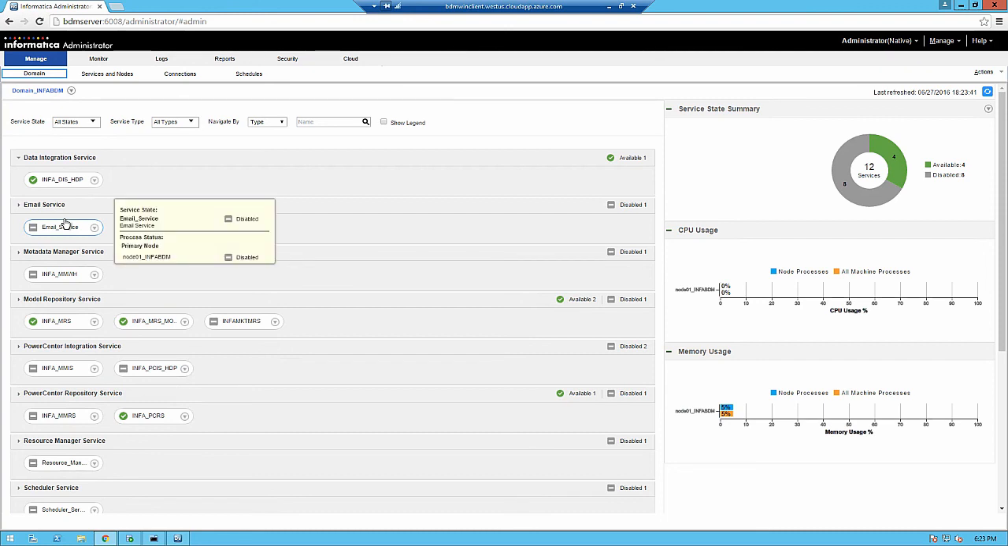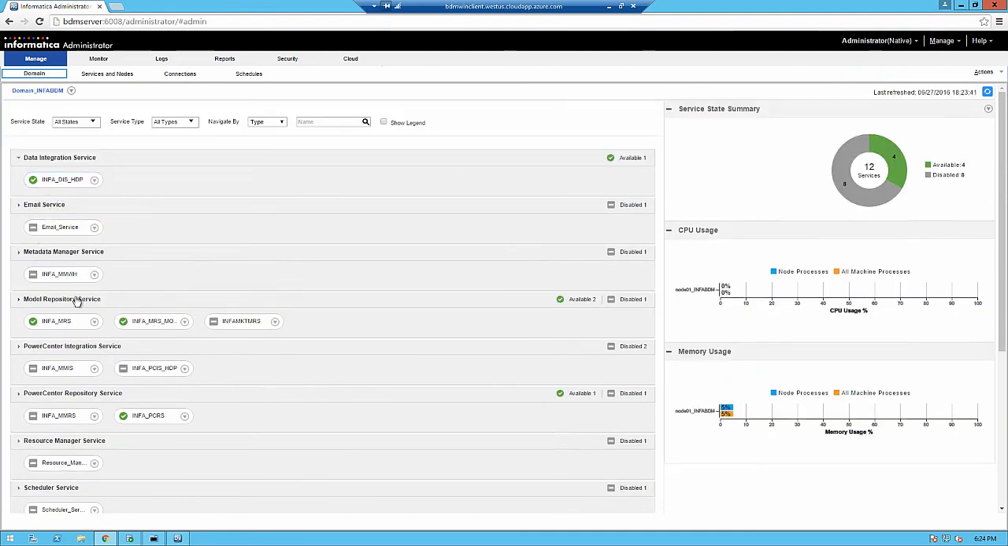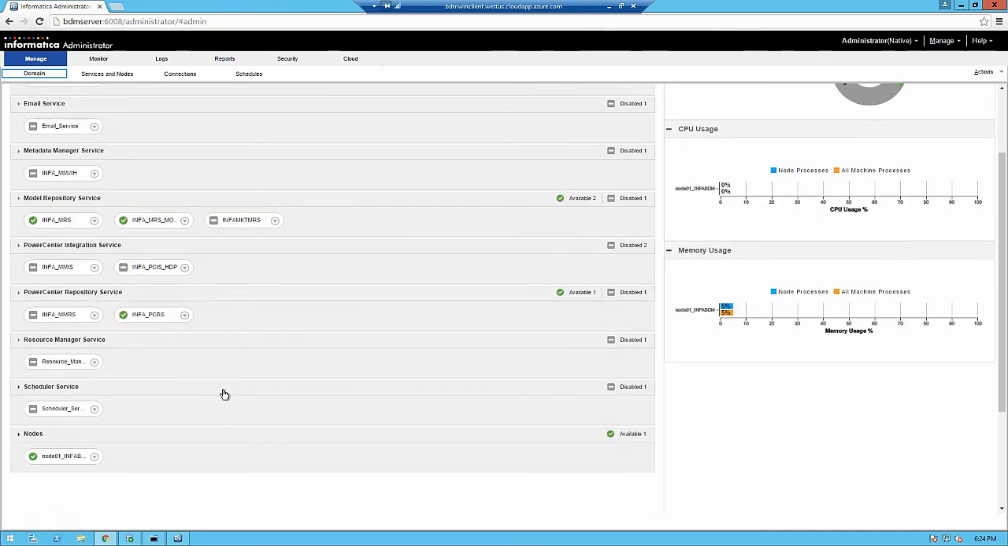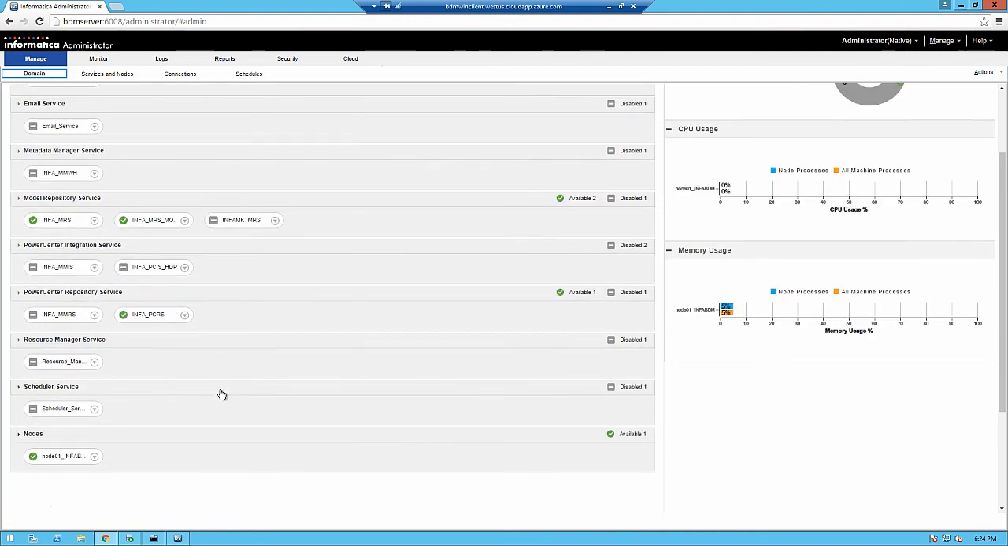I didn't configure all the services, but I've got most of the services up and running. So you'll see that I have my model repository, my data integration service, my PowerCenter repository, and my PowerCenter integration service. I disabled most of this because remember, services consume resources, and depending on how much memory and CPU you've allocated or purchased for your Informatica server,